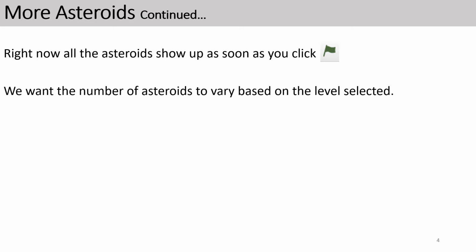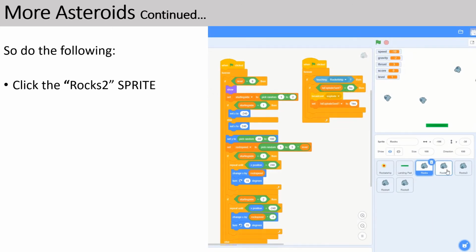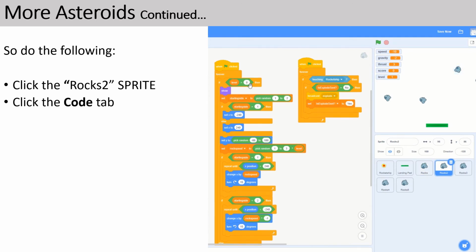Right now, all the asteroids show up as soon as you click the flag button. We want the number of asteroids to vary based on the level selected. So do the following. Click the Rocks 2 sprite, click the Code tab,